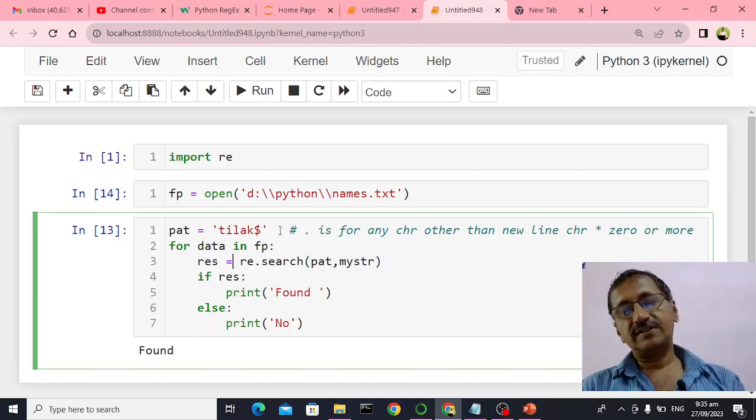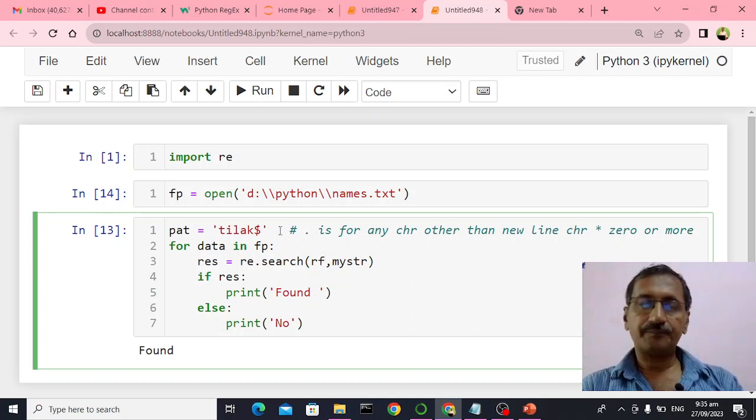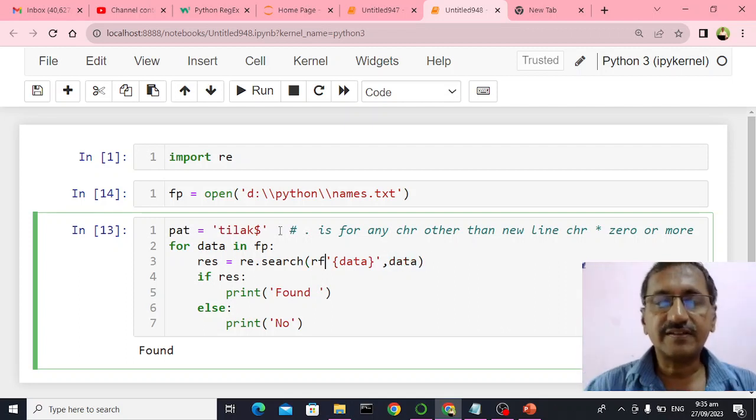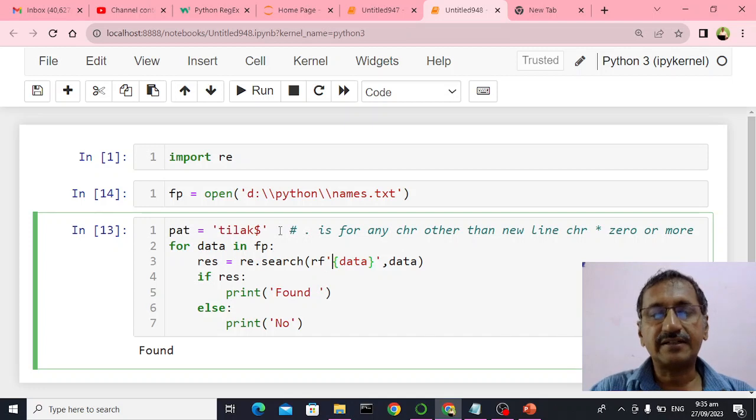See, if this is the case, you should do something like this. See, just say r, okay, r or f. Okay, then interpolation, because string interpolation. So I'll just say data. Okay, it is basically data, should be data. Okay, what it says, so sorry, pattern, this is pattern,